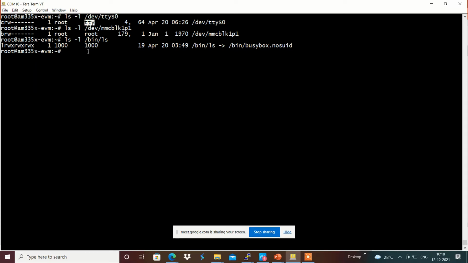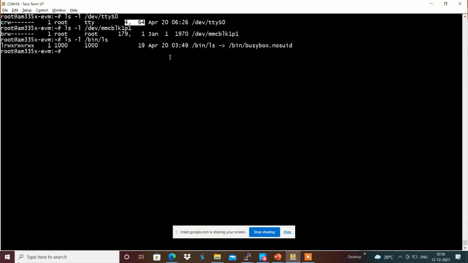And in this case we will have 1000 as the group and 1000 as the access it can do. Apart from this, we will have the date of the file. But here, 2 numbers will be present in the case of device files.